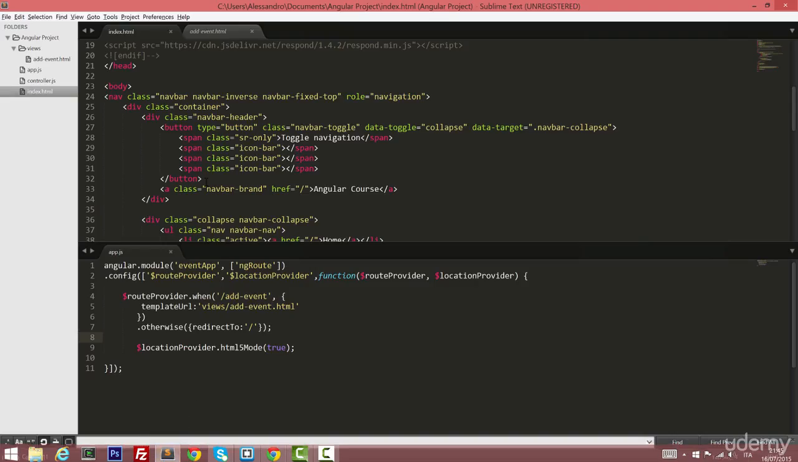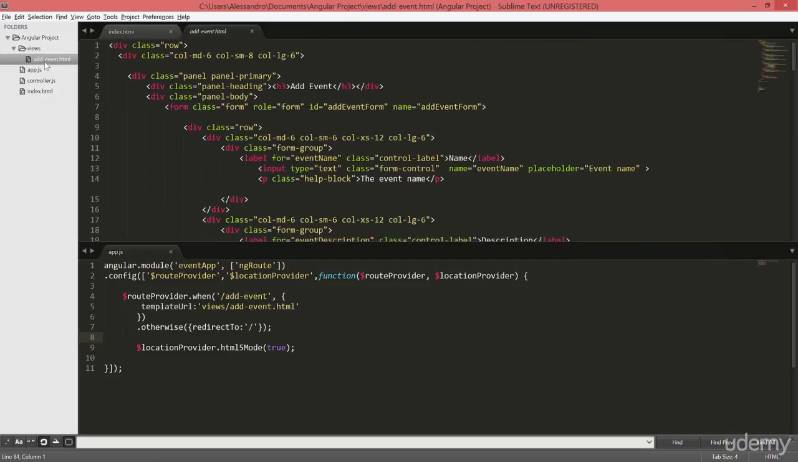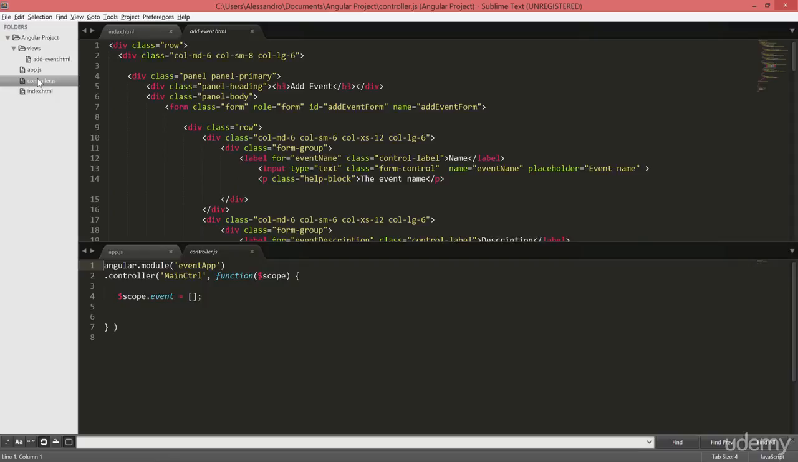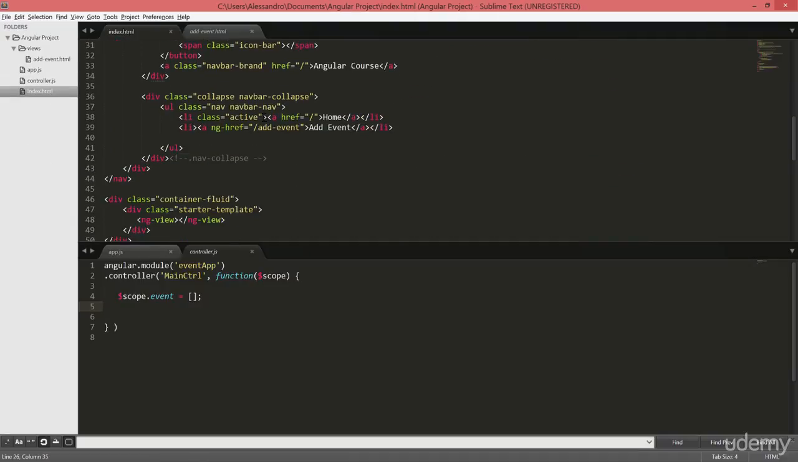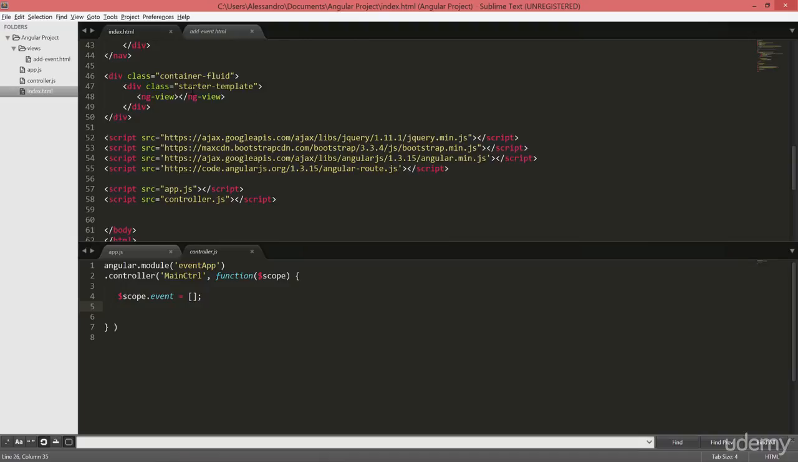There's nothing implemented with Angular yet. Let's have a look at the code instead. We have a views folder containing the add event HTML partial, or actually view in this case. In our app.js we have a single route, which is views add event, and we are using the HTML5 mode. We have a controller which is just initializing a scope event array. Looking at the index.html, we have a container with a starter template div and an ng-view that will actually